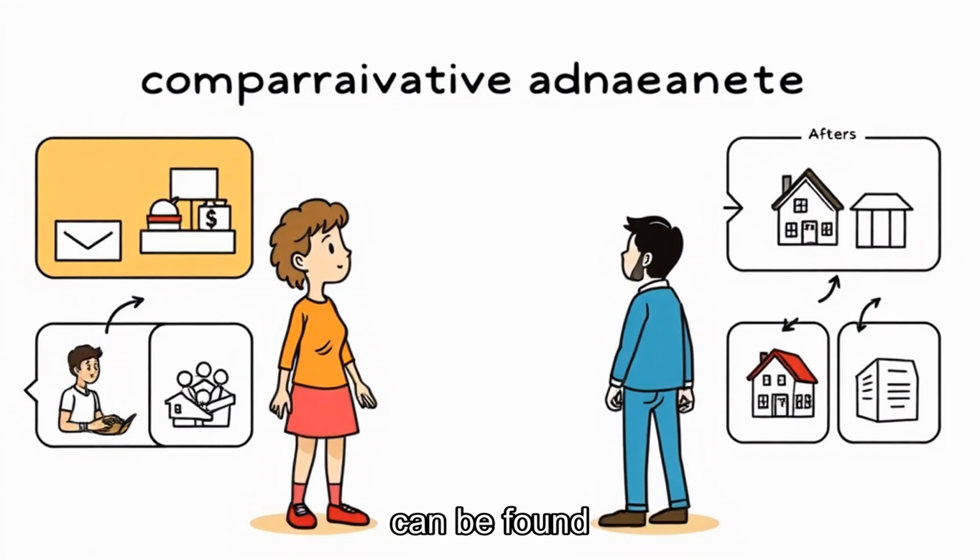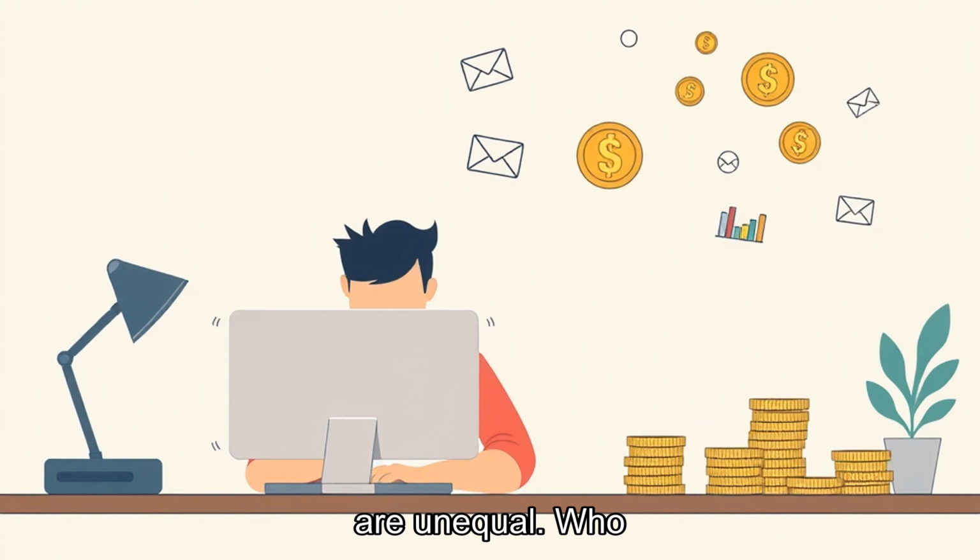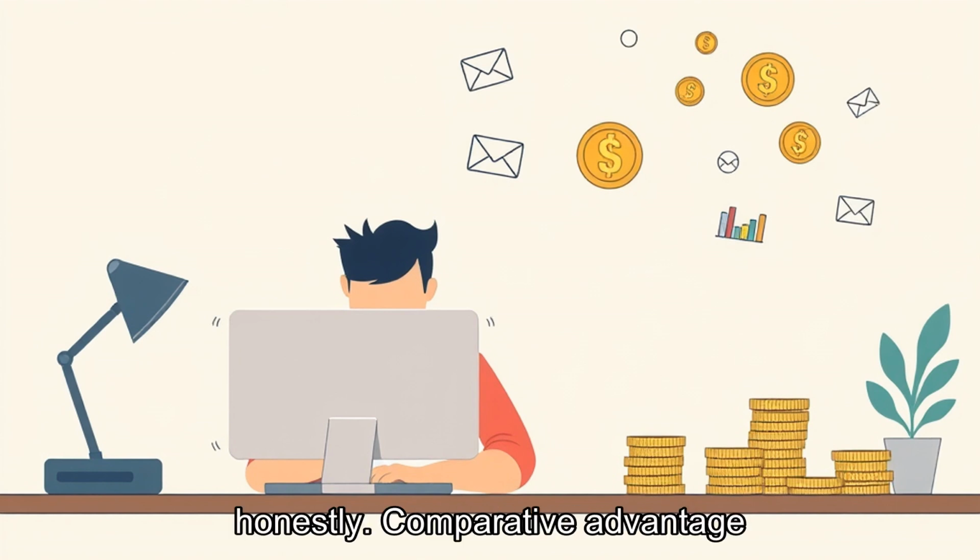Comparative advantage matters because it turns trade from a competition over who is better into a calculation about relative sacrifice. That makes cooperation possible even when abilities are unequal. Who shares the gains makes the issue easier to name in plain words. The takeaway is that trade works best when specialization creates real gains and the transition costs are handled honestly. Comparative advantage explains the engine of exchange, but people still have to decide how to share the gains and protect